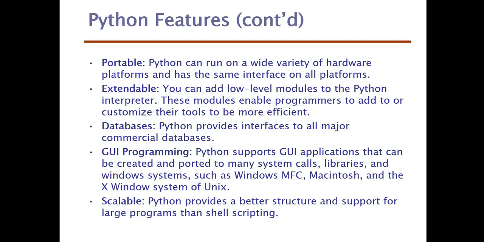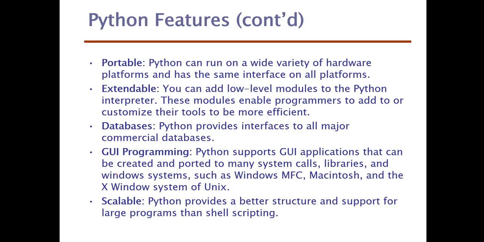It also supports GUI programming, with applications that can be created and ported to many system calls and libraries, and to systems such as Windows, Macintosh, and the X Window system of Linux. And Python is scalable. What does it mean? It means it provides better structure and support for large programs than shell scripting,